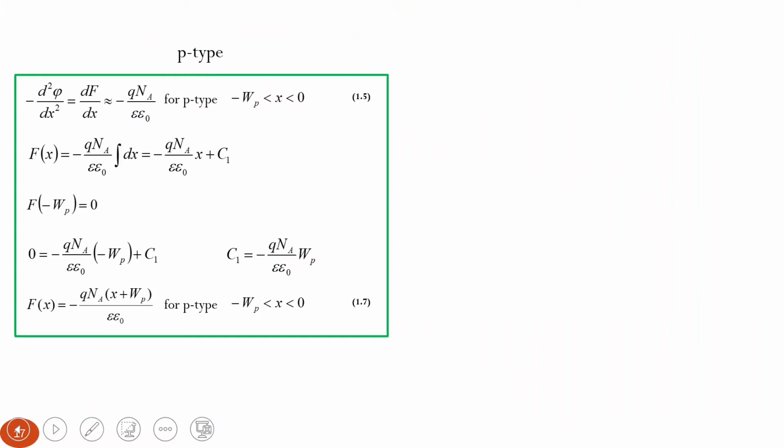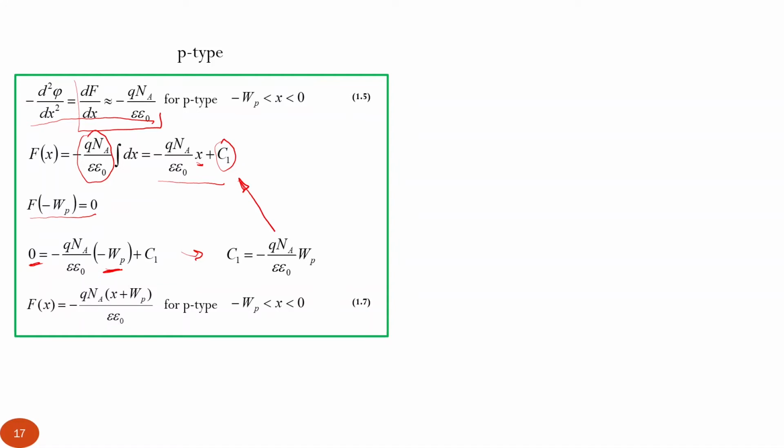So we have this differential equation, and we integrate it. These guys are constant, we don't need to integrate them. So this is the result of integration with some constant C1. We now use the boundary condition to determine this constant, because at the boundary the electric field is equal to 0. Instead of x here we substitute minus Wp, plus C1. So from here we determine C1 as a constant and substitute it back